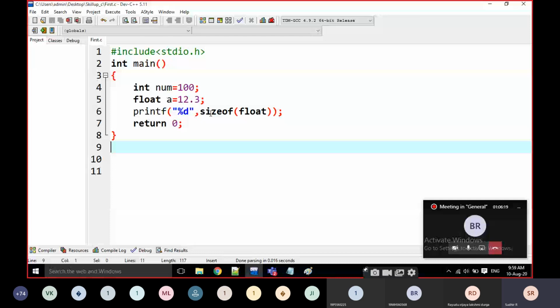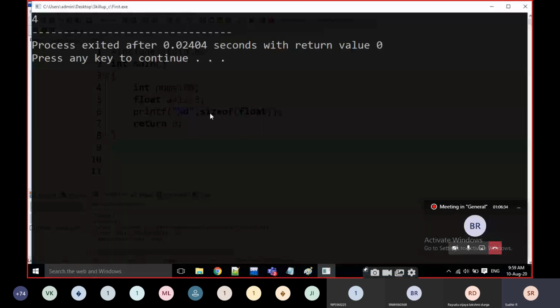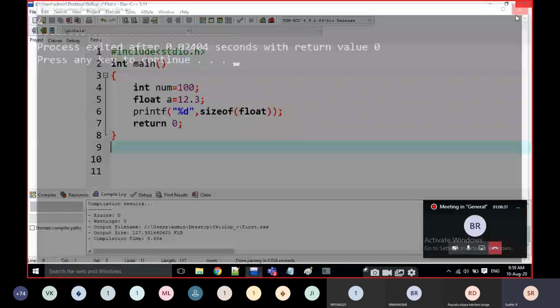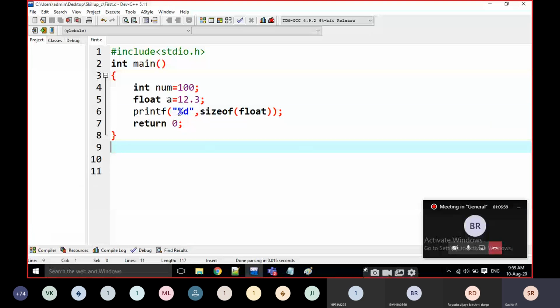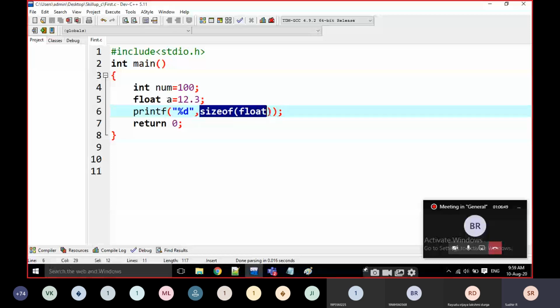Here I am going to write sizeof float. What is the size of float here? The size of float is 4 bytes. If I execute it, it is going to print 4 bytes. Here it is float also, I am writing percentage d. Why am I writing percentage d? I am not printing any floating value here. I am going to print the size of the float. The size of the float is every time an integer. That's why I am taking percentage d here.